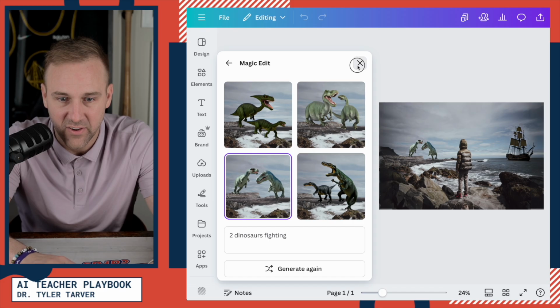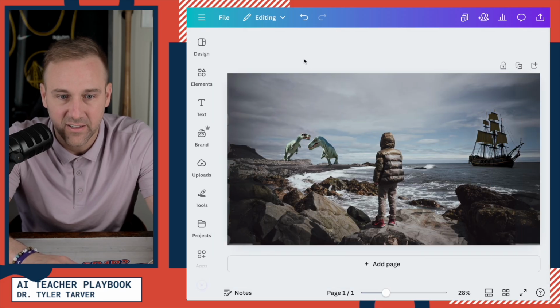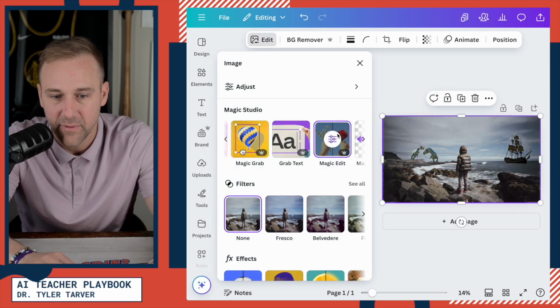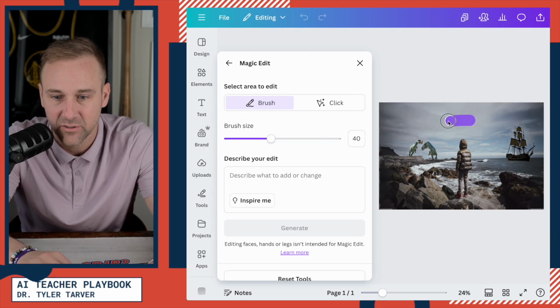We got 2 dinosaurs fighting. Look at this. And then, you know what? I feel like the sky needs something that doesn't exist as well. Sorry, we're going to do one more. I love Magic Edit. I think it's just such a cool little feature. So let's do,